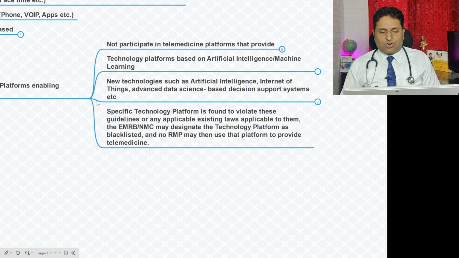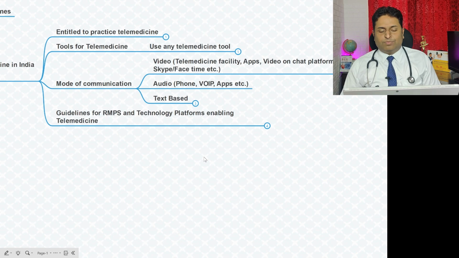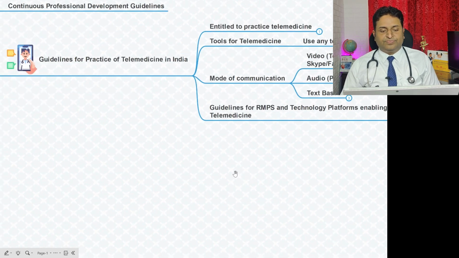So very strongly they have put the message out that the telemedicine platforms have to abide by these rules.